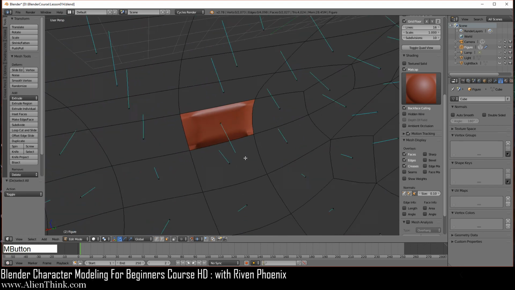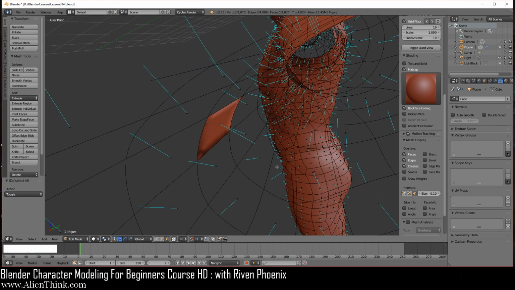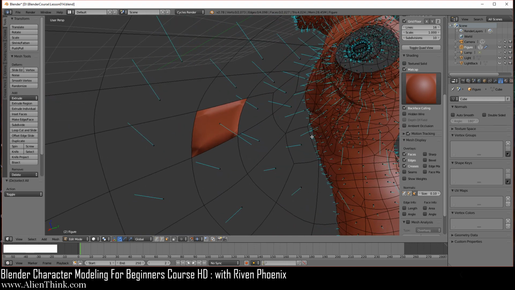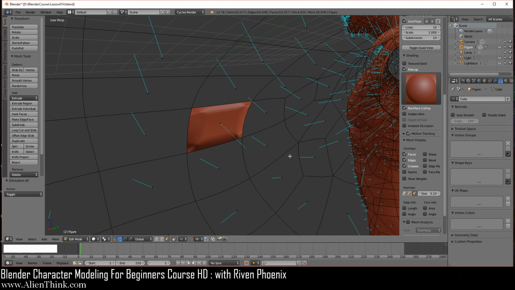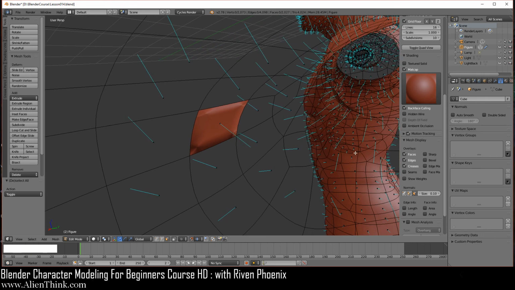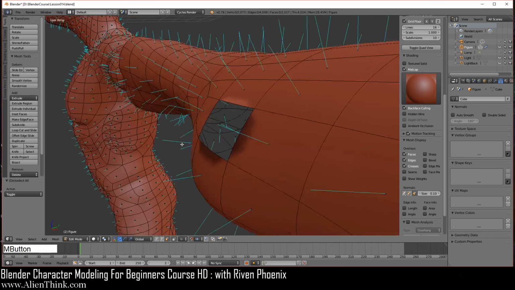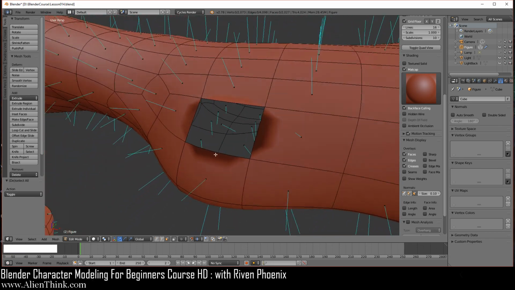So now I can really just see through the object on the other side. Remember, you have to be on the inside of the object or on the back side of the face. And the reason we can see the whole figure on the other side is because we're seeing the top side of the faces, right? Now if I go over here, you can see that this is why it's working this way.